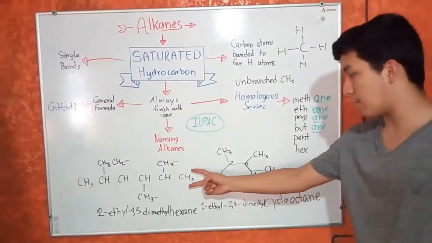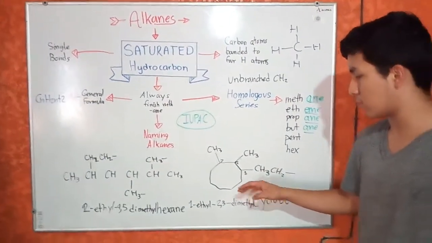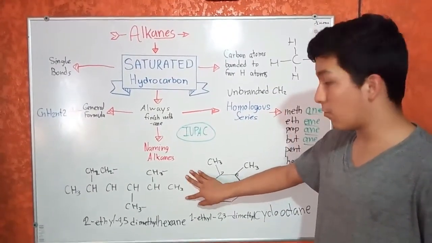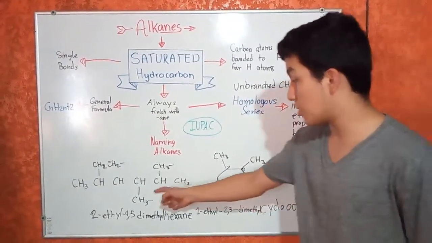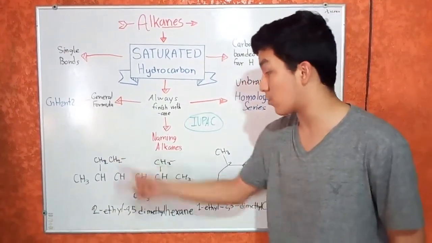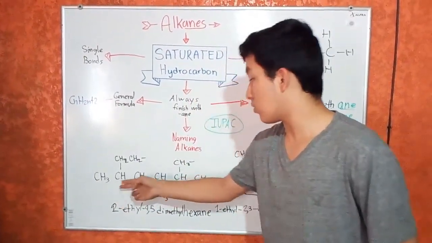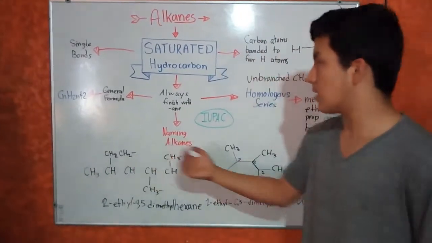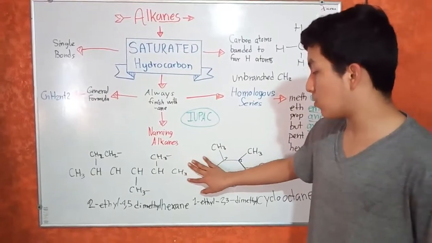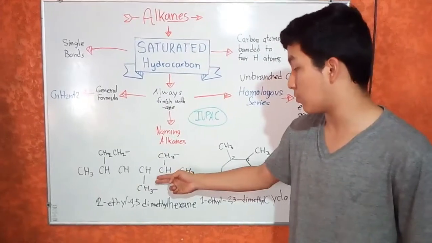This means that we have structural formulas and cyclic structural formulas too. In this case, we must look for the main chain, which is this one, the largest one. It can be up or down, or to the left or to the right, it doesn't matter, but it must be the largest one. Then we must look at the side on which we have the substituent nearest to the beginning. If we have a substituent on the second position and on the third, we're going to take the side of the second position. But in this